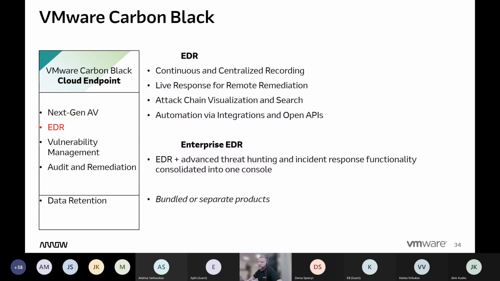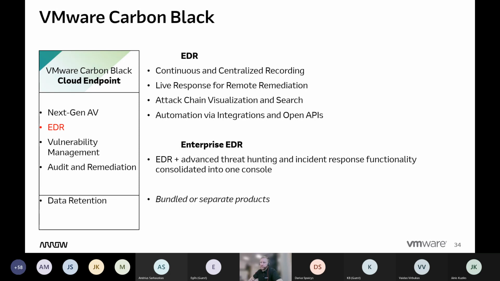So EDR essentially is like a video recording machine. It records everything that is happening in your courtyard or in your endpoint in a way. And you can visualize whichever processes and attack chain events are happening in your endpoints or any other system part that is being monitored by Carbon Black. And then we had